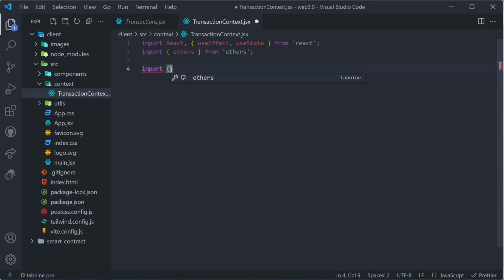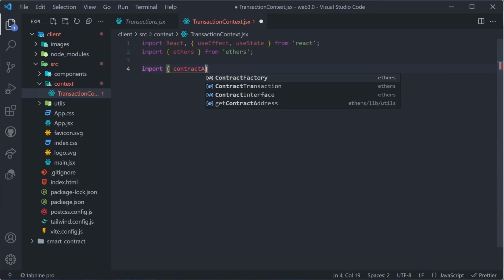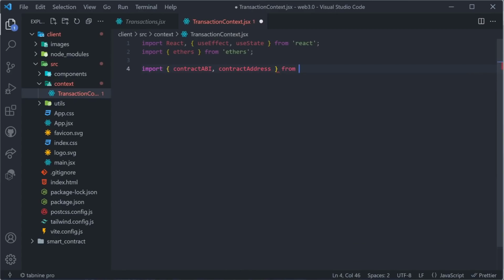Then we need to import the contract ABI as well as the contract address. And these are the things that we created just now in /utils/constants. We also need to create our React context, and we can do that by saying export const transaction context is equal to